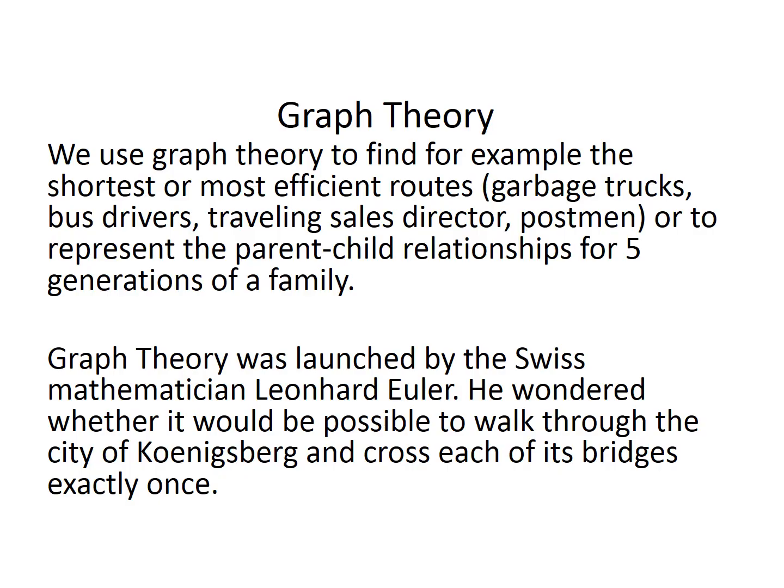But the shortest path, if we think about garbage trucks, they have to use gas. So we want them to go around the city and pick up garbage using the shortest path, to save